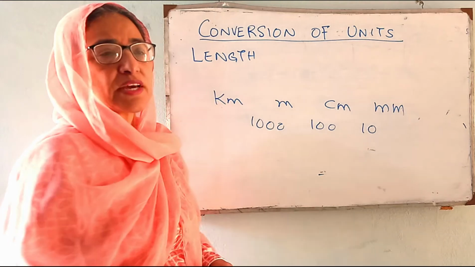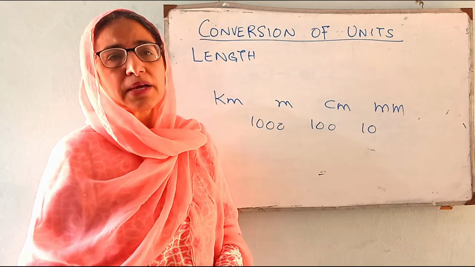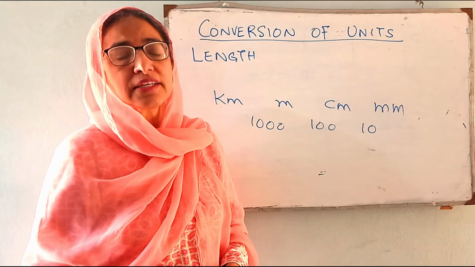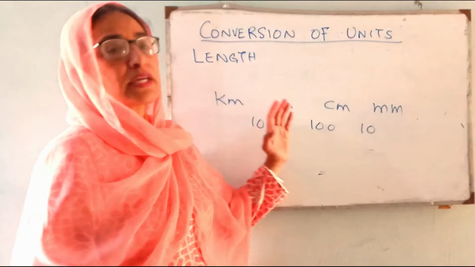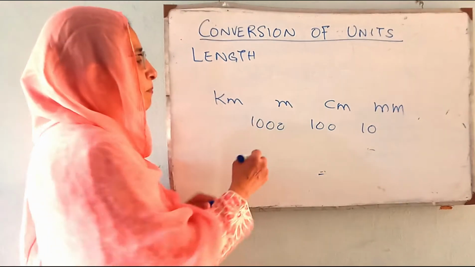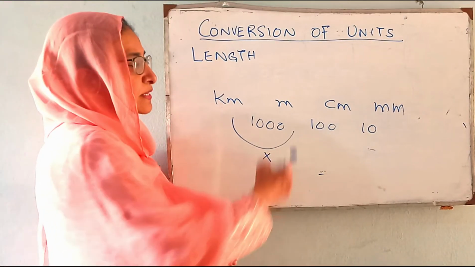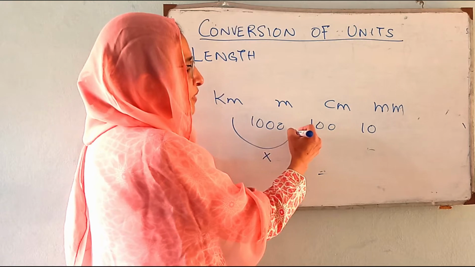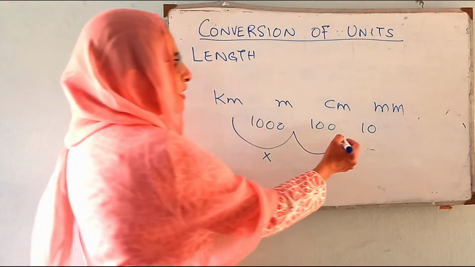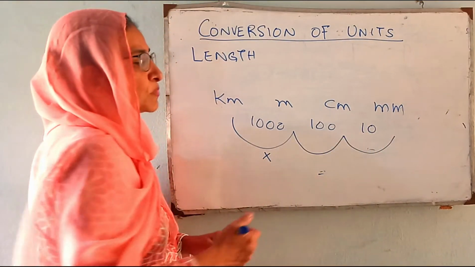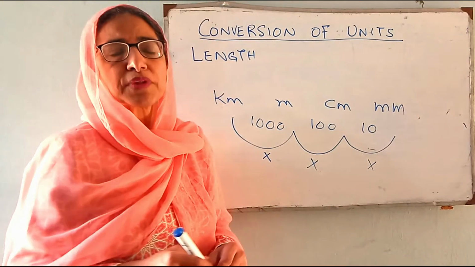Now remember that normally, whenever we have to convert a bigger number into a smaller number, we divide. But in the case of conversion, it is the reverse. Whenever we have to convert a bigger unit into a smaller unit, we have to multiply. The same is the case with every other unit. Whenever I have to convert meters into centimeters, I will multiply by 100. When I convert centimeters into millimeters, I will also multiply. In all these cases, I have to multiply.